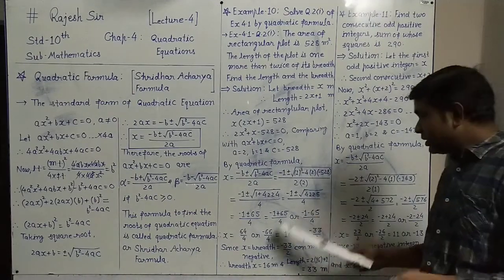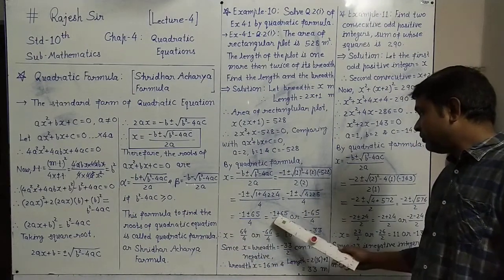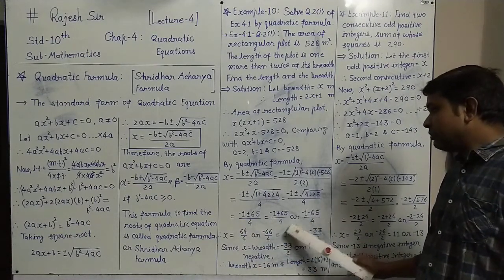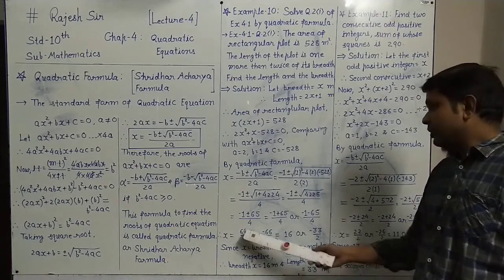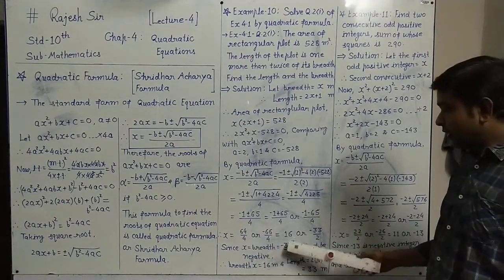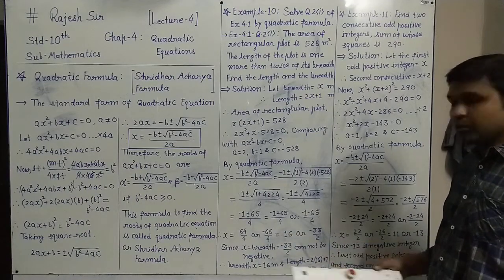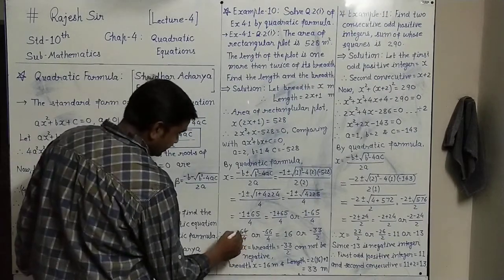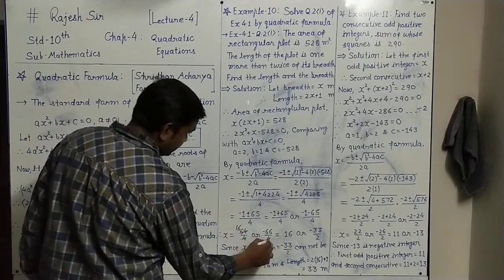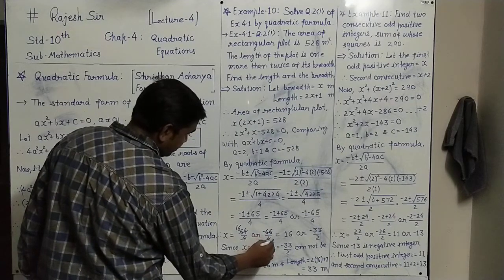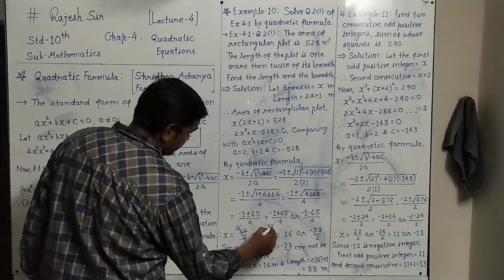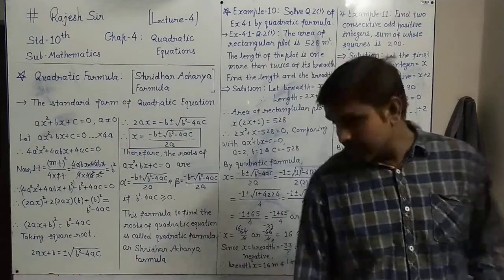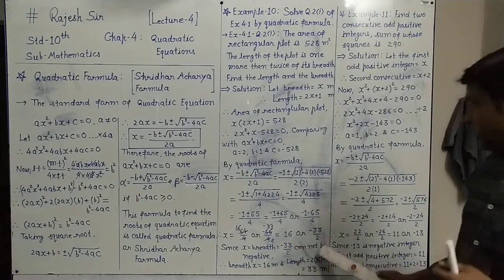Now, in both cases, what answer comes? x equals 65 minus 1, which is 64, upon 4, or here it will be minus 65 minus 1, which is minus 66, upon 4. By cancelling, 64 upon 4 will give 16, or here by cancelling 2, 2 twos are 4 and 2 thirty-threes are 66, so minus 33 by 2. So, the x value roots are 16 or minus 33 by 2.